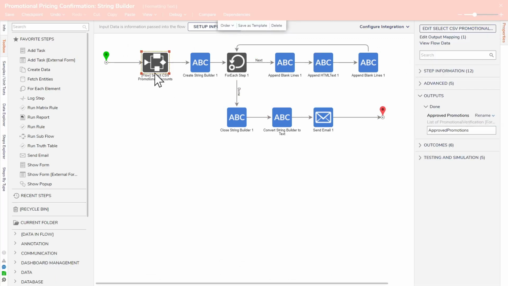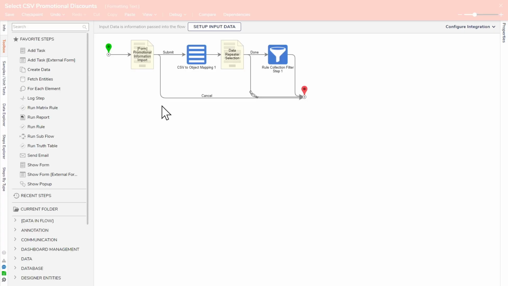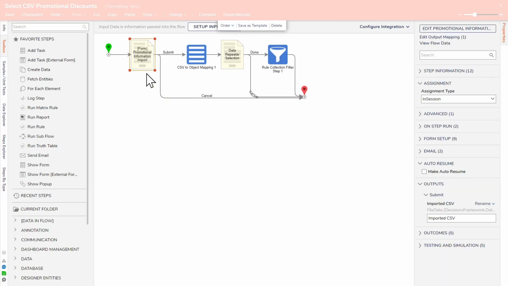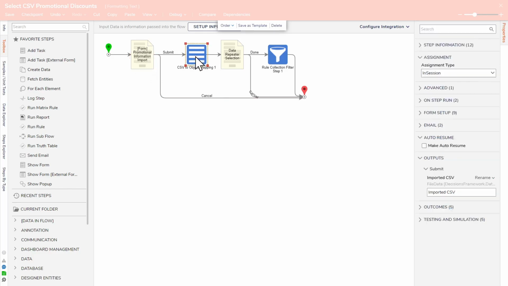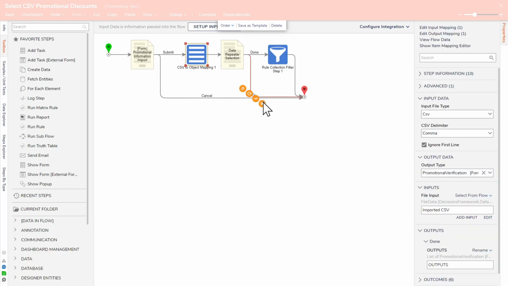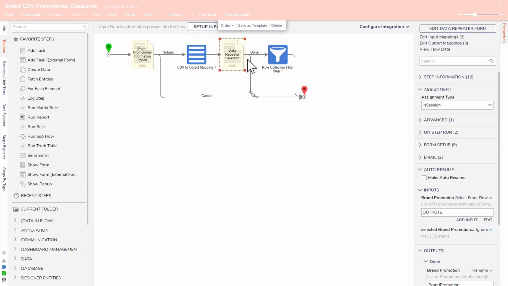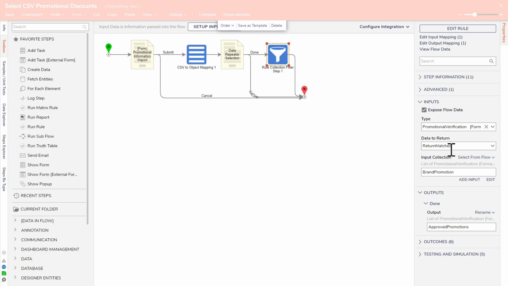I have a select CSV promotional discounts subflow. In this subflow, I have a form where we import the file, and a CSV to object mapping so that we can map those CSV rows into this file data promotional verification data structure. We have a data repeater to select the options, and then we have a rule collection filter to say, hey,